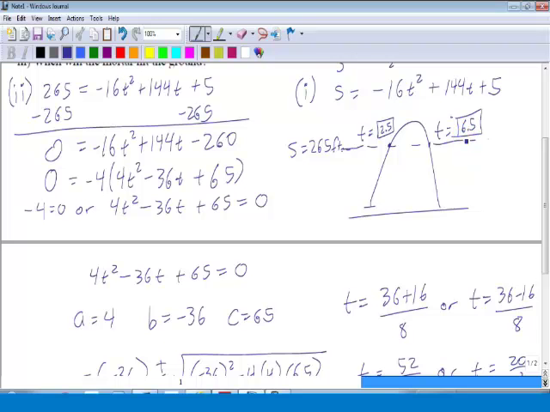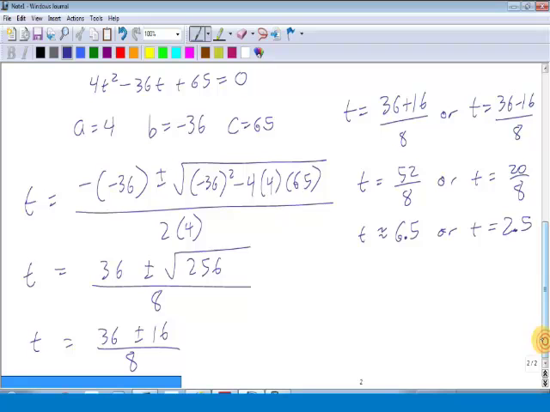Perhaps the next question is going to be, how long does it take to hit the ground? But two different times when it's at a height of 265 feet, once on the way up, another on the way down. So to answer that question, let's say: the mortar reaches a height of